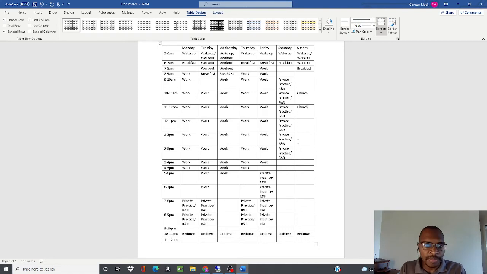All right, so with the power of editing, here is my schedule. So as you can see, I put in my wake up time, right? I put in all my fixed time, so waking up, going to bed, work, private practice, and church. So as you guys can see, I have my fixed times, right, with waking up, breakfast, work, and private practice, as well as lunch and dinner and bedtime. And then I have my flexible times with working out as well as R&R, which is rest and relaxation.